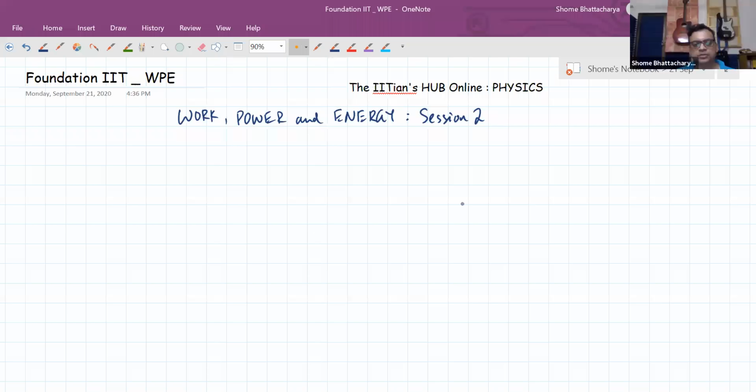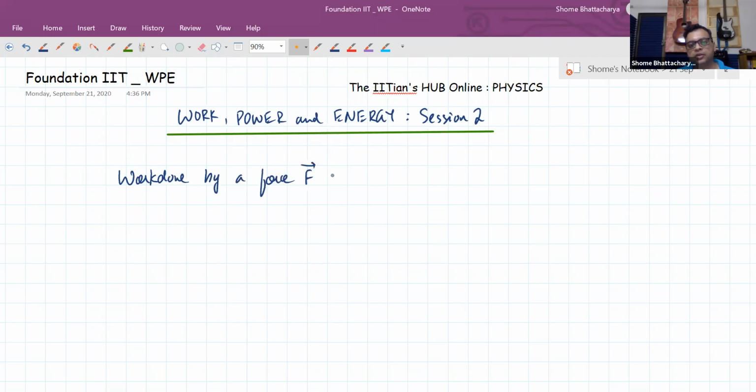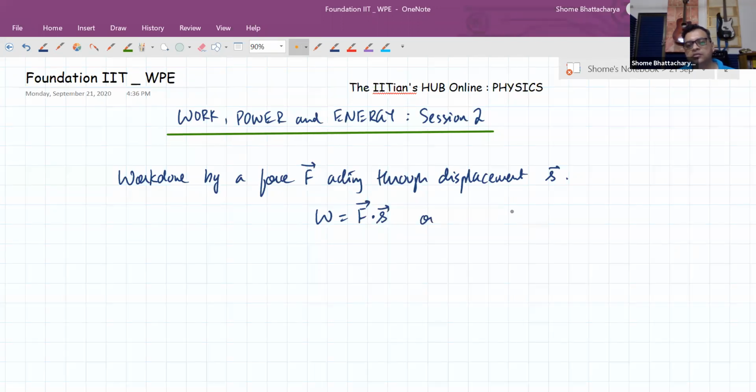What we learned in the last lecture, we saw that work done by a force, we are calculating the work done by a force F acting through a displacement. That means the force is acting on a body while it is having a displacement of S. Then the quantity work done is given by the dot product of force and displacement, or it is simply defined as force into displacement into cos of theta,